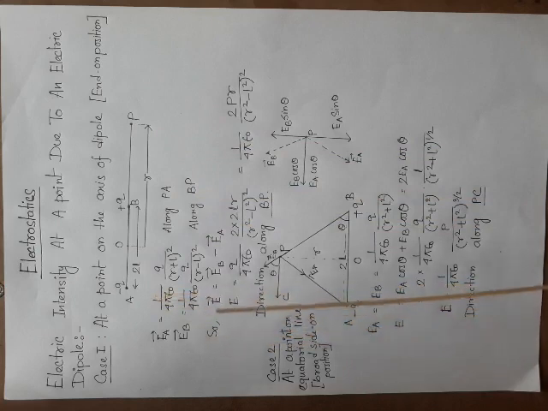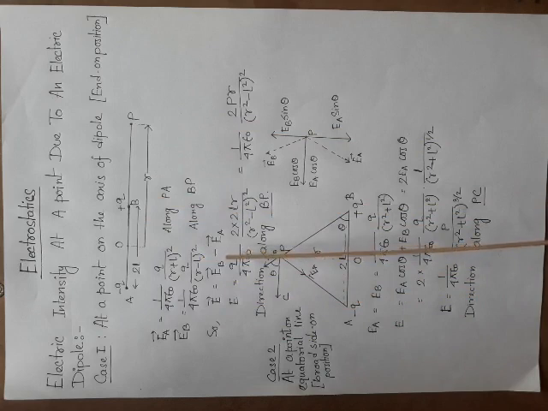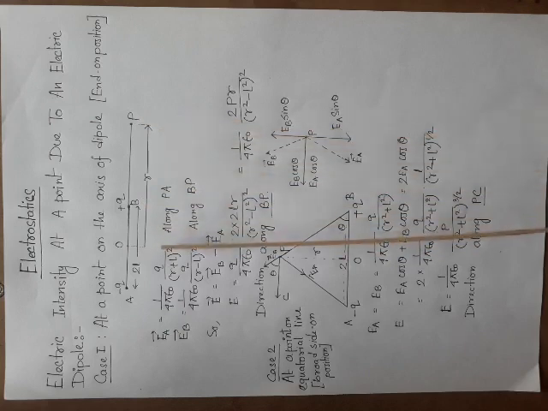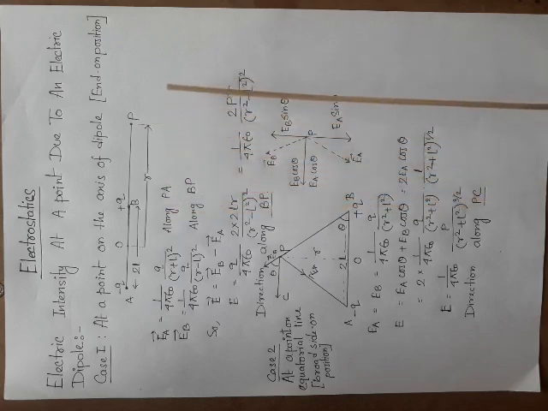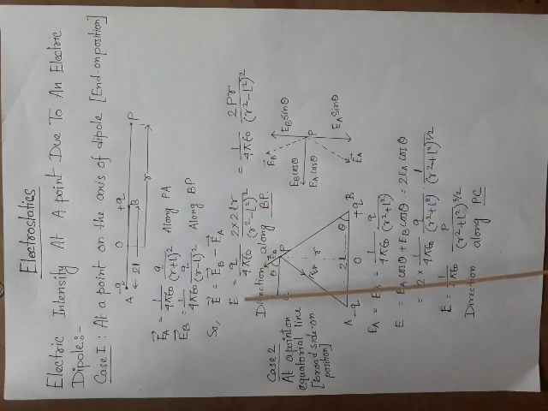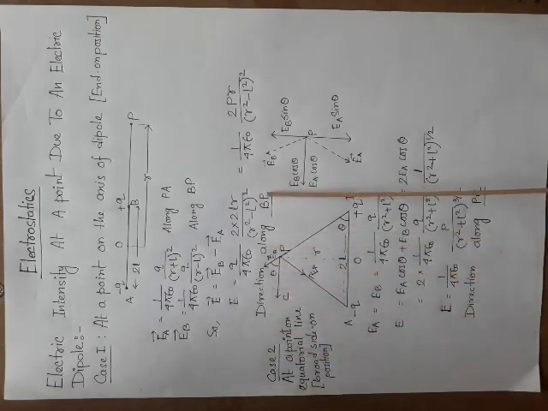EB, the electric field at P due to the point B, is equal to 1 by 4 pi epsilon naught q by (r minus L) whole square, as the distance BP is equal to r minus half of 2L, that is L, and the direction of EB is along BP as the force is repulsive here. So the net electric field E at the point P is equal to vector EB minus vector EA, as they are oppositely directed. Now if I put the values of EA and EB, then the final expression is